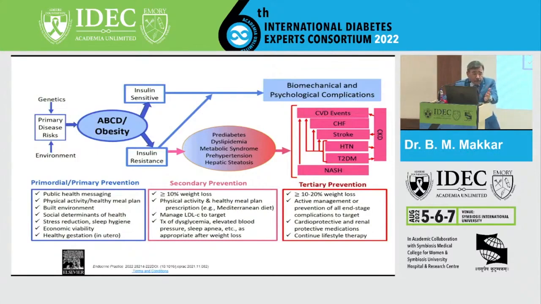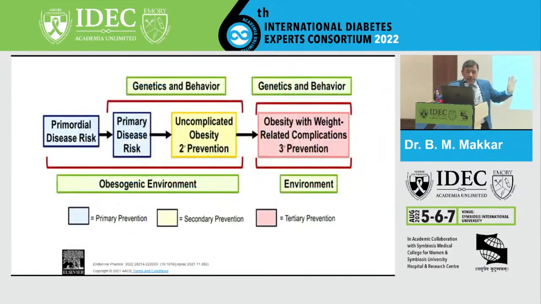Now, in the early stages, before the development of obesity, you have to look at primordial prevention in people who are exposed to the obesogenic environment. We are all exposed to the obesogenic environment, let us assume that, so we all need primordial prevention. People who are at higher risk of developing obesity, and are also exposed to this environment, who have risk factors, should be on primary prevention for obesity. Once we develop obesity, you need secondary prevention to prevent the complications of obesity. And once people have got complications of obesity like coronary artery disease, diabetes, and so on, you need to put in tertiary prevention measures.